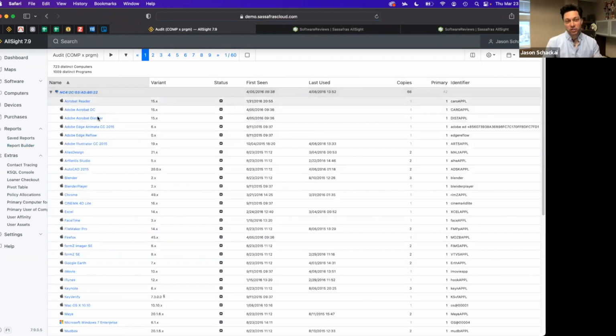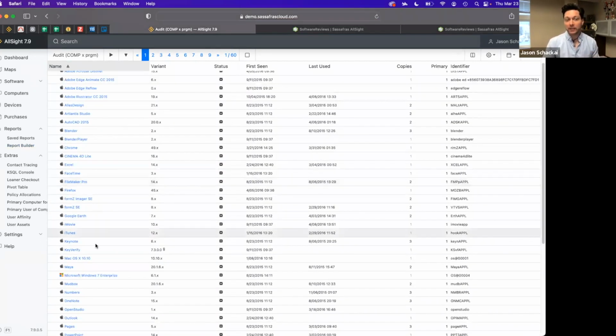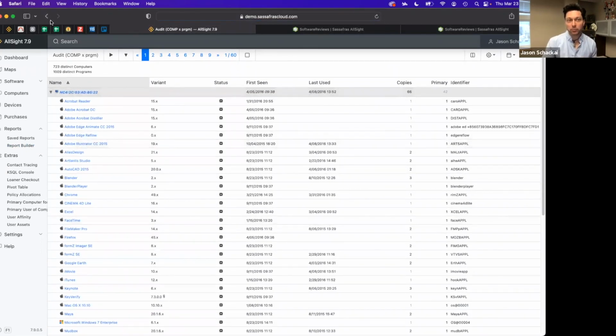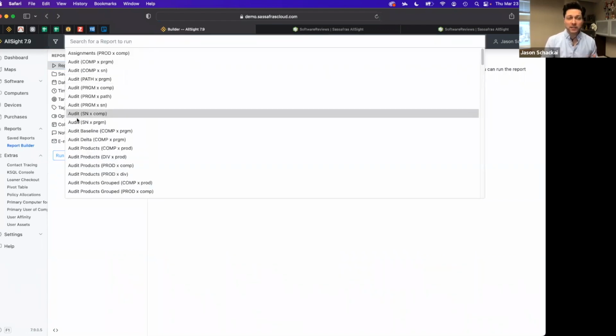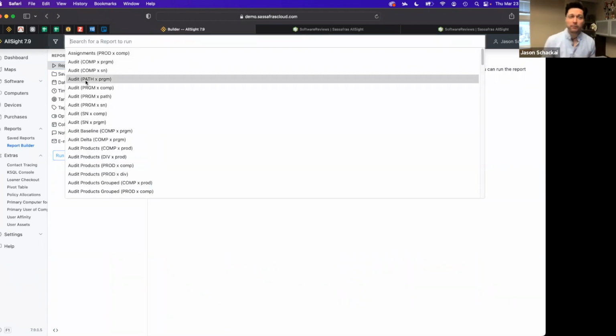So in this case, it's showing what's installed. But we can see that what's installed at the program level are the very specific executable names as opposed to the product names. So that's another thing to point out here. Audit means what's installed. It's software related and it has to do with what is installed. Path is going to be the file path. So if you need that, that's a great way to see where programs are installed or discovered on